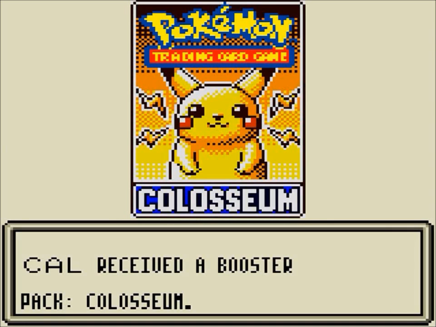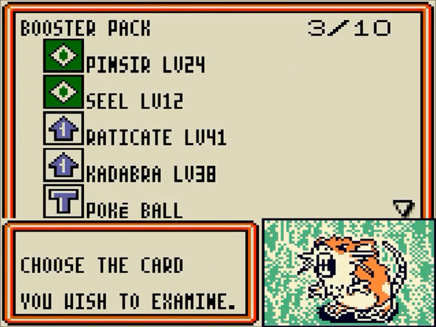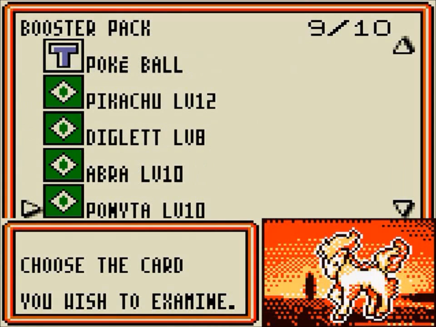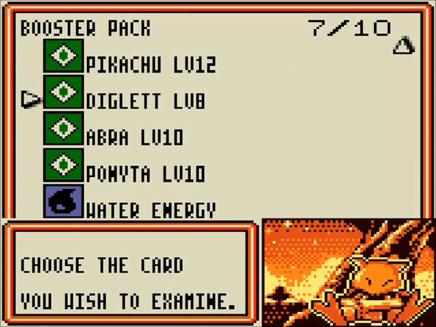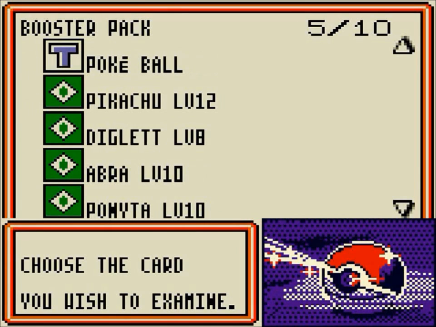But yes, he does indeed give us booster packs, and we get ourselves another pincer, which I guess is kind of okay. We also get, yeah, seal, that's not terrible. Raticate might be useful. What have we got? Yeah, Raticate might be. Diglett probably will be, I think, because I think I only have 1 Diglett in the